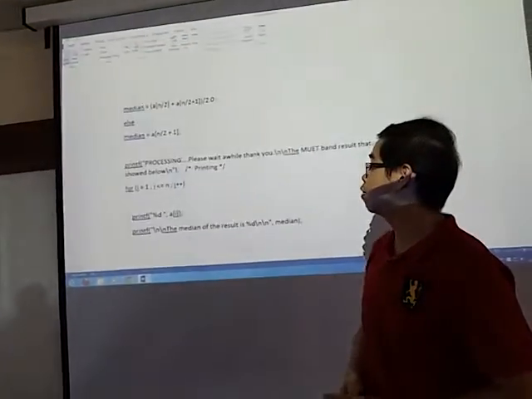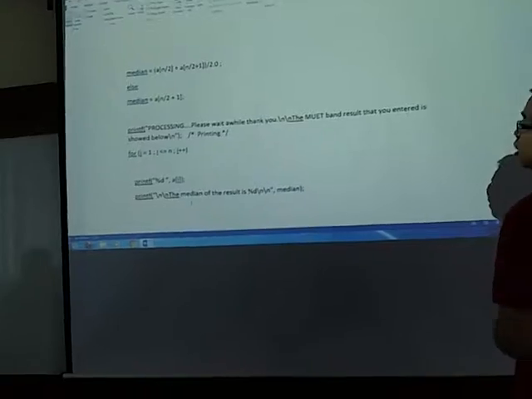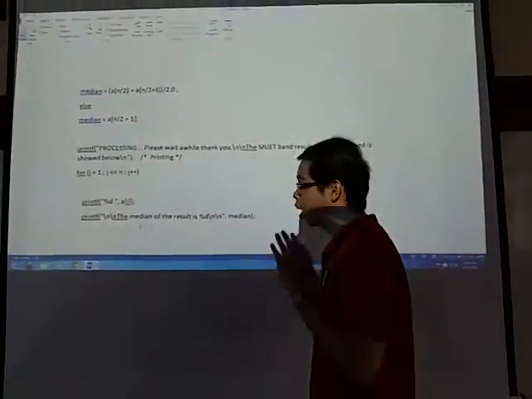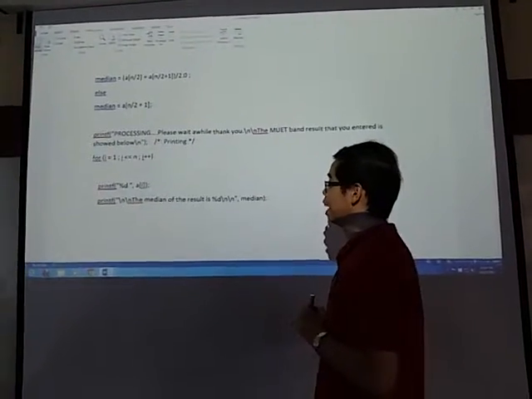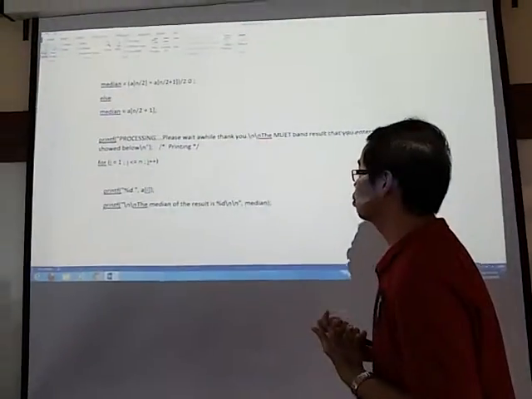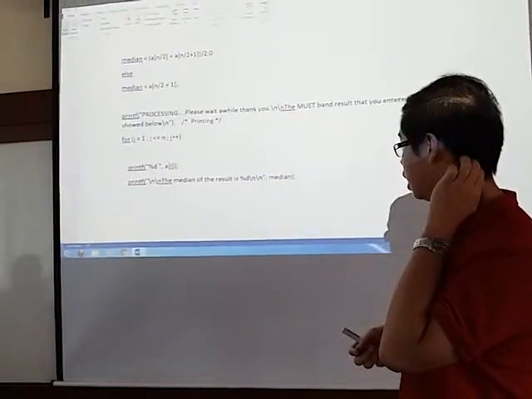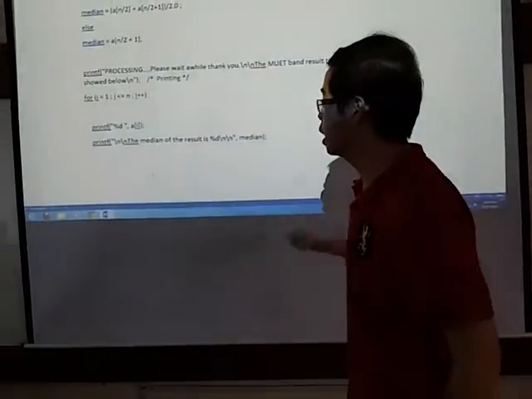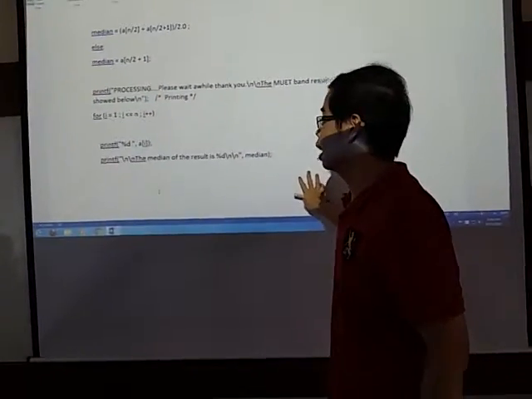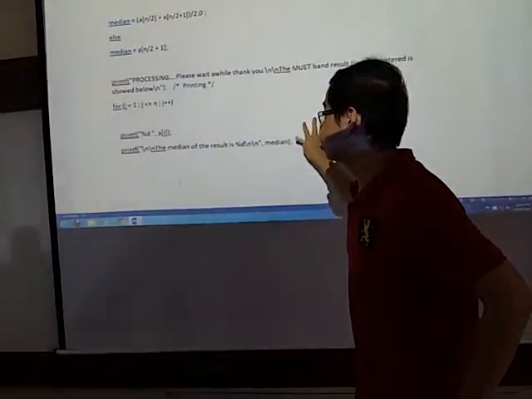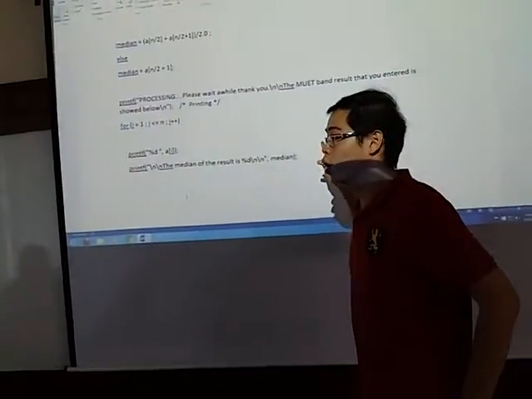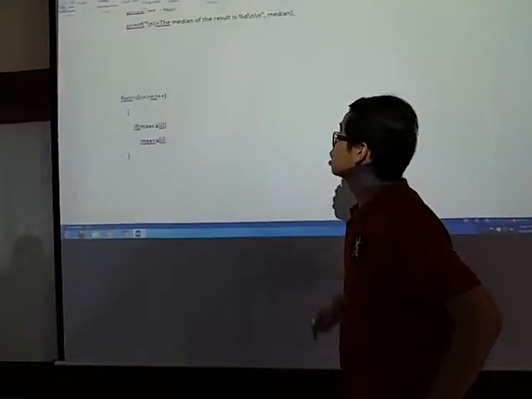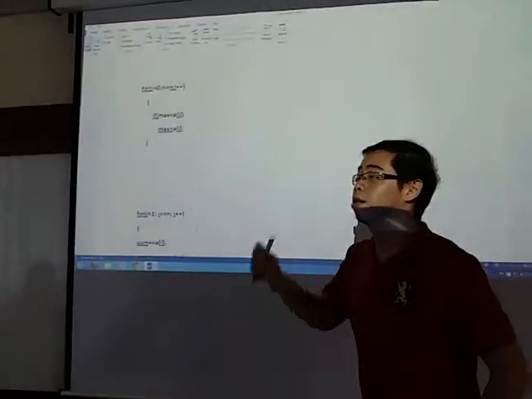Okay? So after the formula, we use printf processing. This is the statement to make the user wait for a while. So after that, for i equals 1, i smaller than n, and i plus plus, this is another loop to show the result of the median. Because you have so many elements in the median, you need to print out so many times. So you need a for loop to print out the whole elements in the array. So after printing out the elements in the array,